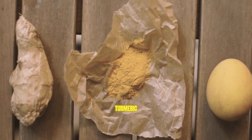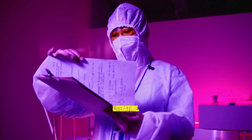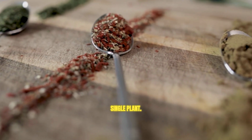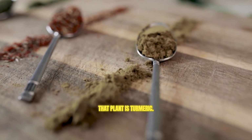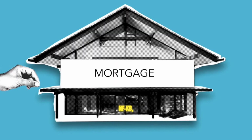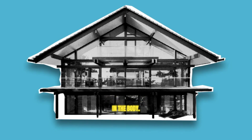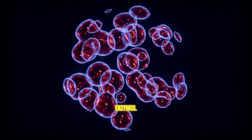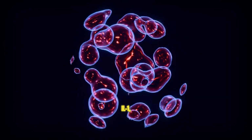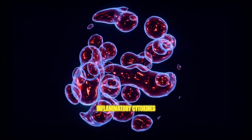Turmeric. Let's start with the most studied anti-inflammatory plant in the scientific literature. More than 10,000 peer-reviewed studies published on a single compound from a single plant. That plant is turmeric, and the compound is curcumin. Curcumin inhibits NF-κB, which is essentially the master switch for inflammatory gene expression in the body. It blocks COX2 enzymes. It reduces production of TNF-alpha, IL-1, and IL-6, which are the primary inflammatory cytokines driving most